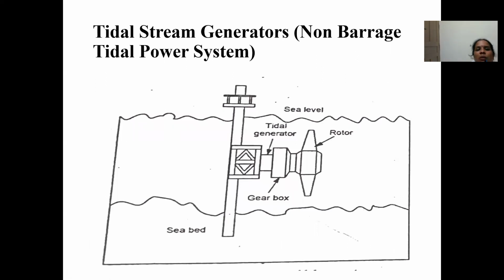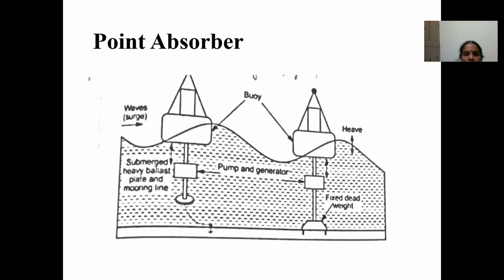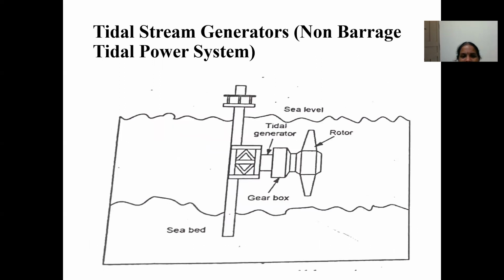Next one is the tidal stream generator, which is known as a non-barrage tidal power system. From the diagram, we can see that it looks similar to a windmill generator. There are different models that have been used for the tidal stream generator. Here the turbine is located under the sea level, and based on the tidal movement, the rotor will be rotated and the speed is controlled by a gearbox, and through the tidal generator the electricity will